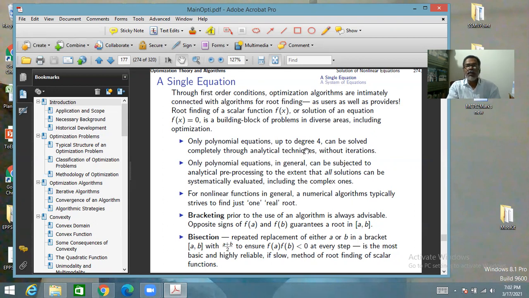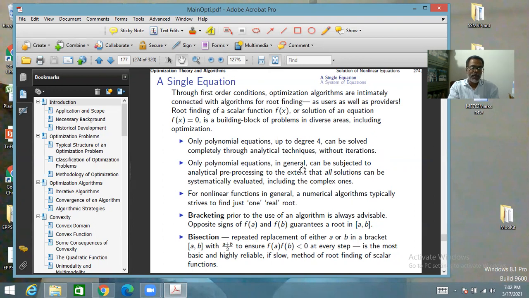Now, beyond degree 4, you cannot go analytically. But still, for a polynomial equation of whatever degree, whether or not you can find the solutions without iterations, you can do a lot in terms of pre-processing so that systematically you can find all the solutions,